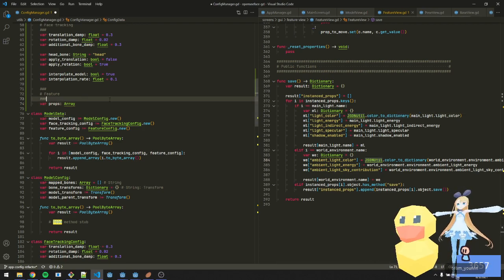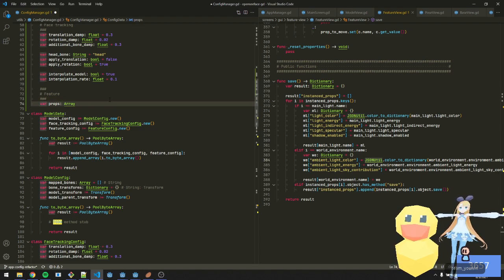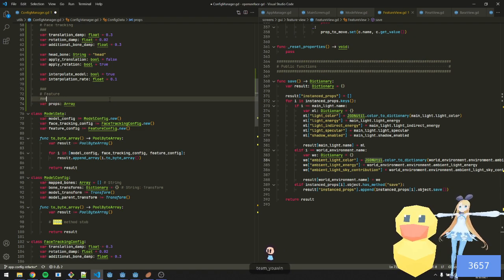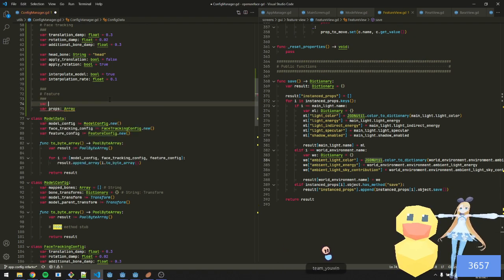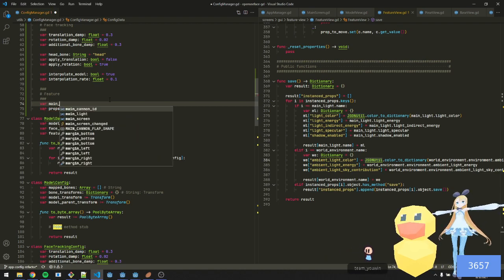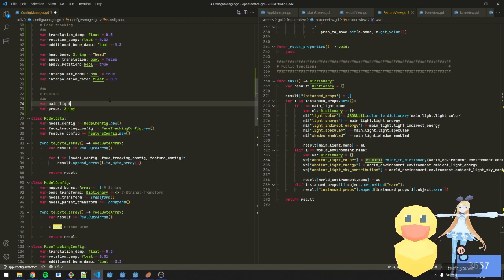Or it's props. Well, so there's main lights and then world environment. Okay, so we can do var main light